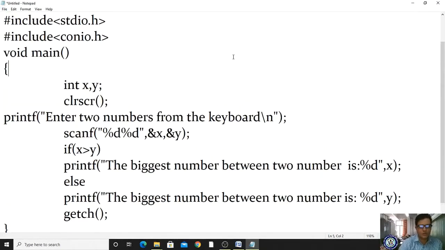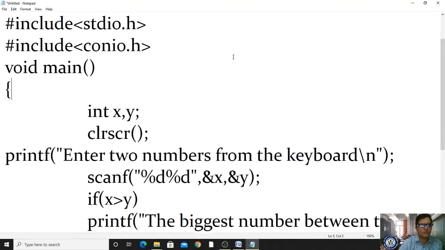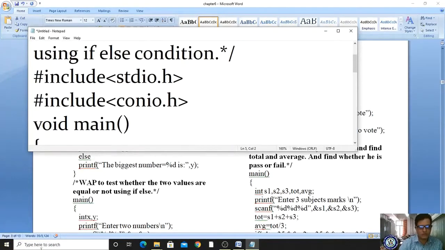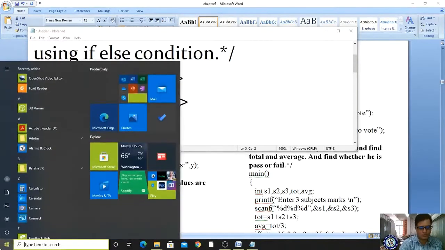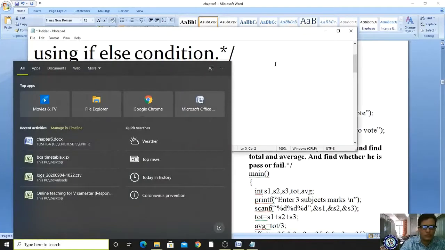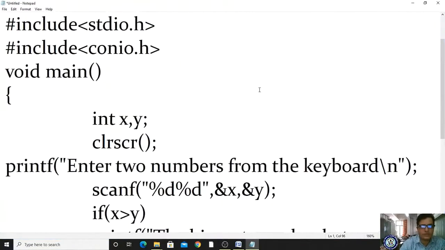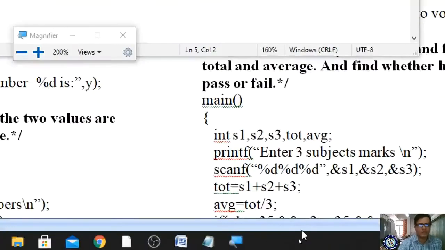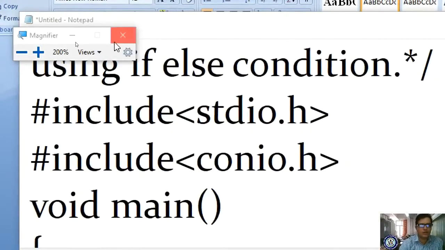Now I want to save it. Let me wait. Yes, it is visible, right?